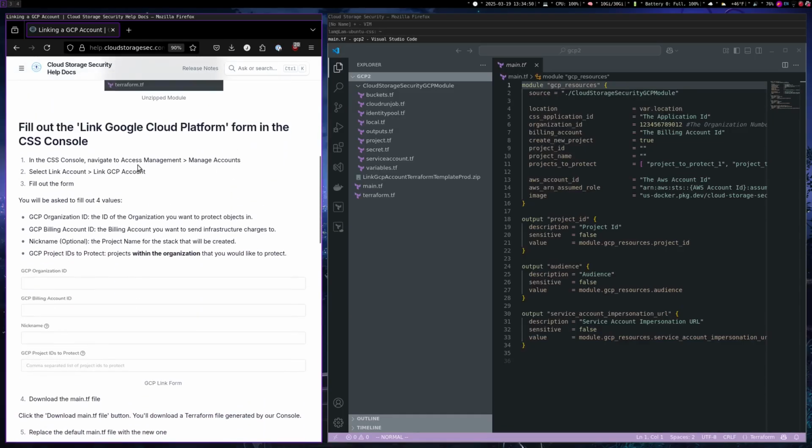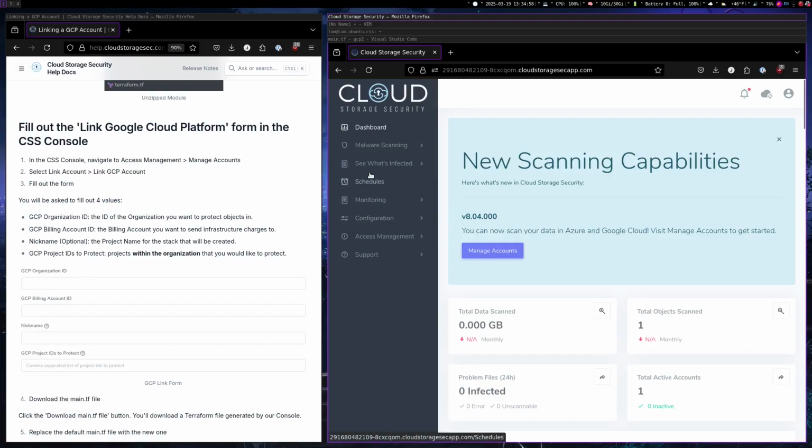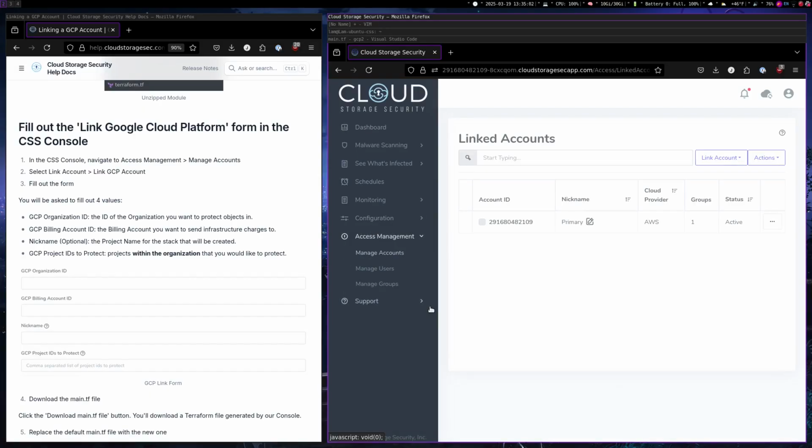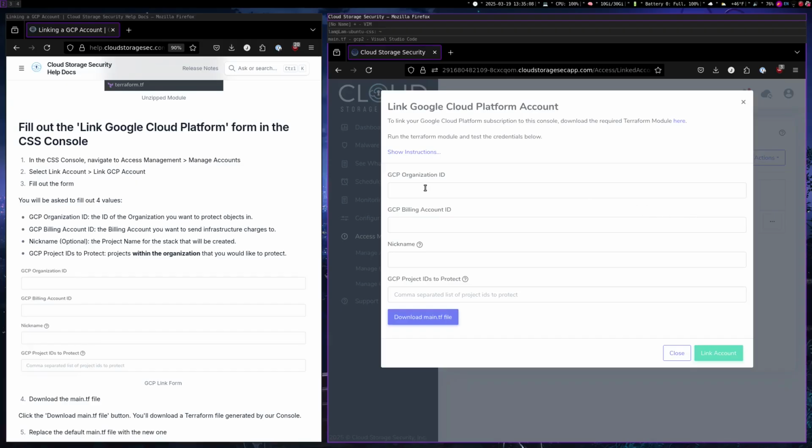First thing that we'll do is fill out the link GCP form in the CSS console. So let's head over to the console and go to Access Management, Manage Accounts. Under Link Account, please select Link GCP account, and you'll need 3 pieces here. The 4th is optional. We'll need that organization ID,